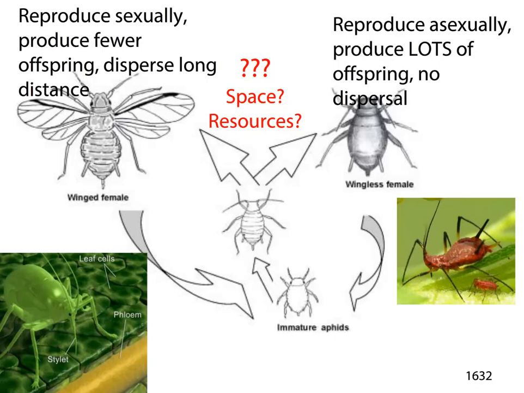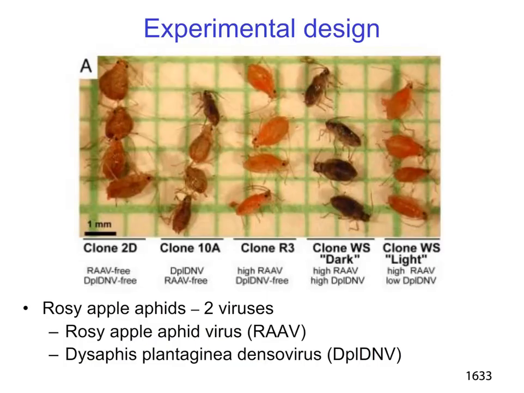But the thing to consider is that the winged morph has a really good advantage. It can disperse to new places that are far away from the original population, have new resources to use, new host plants, low competition, and so there are a lot of potential advantages, as we've talked about in the past, of sexual reproduction. But the question was, what actually causes this? What causes the wings to form? And this is where things get interesting.